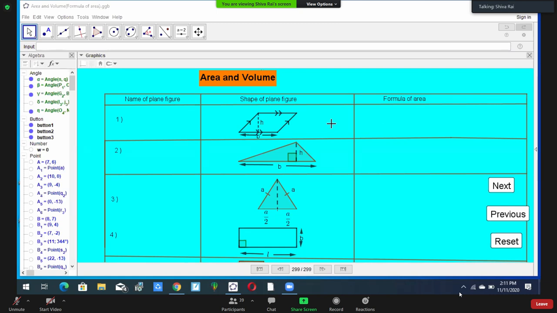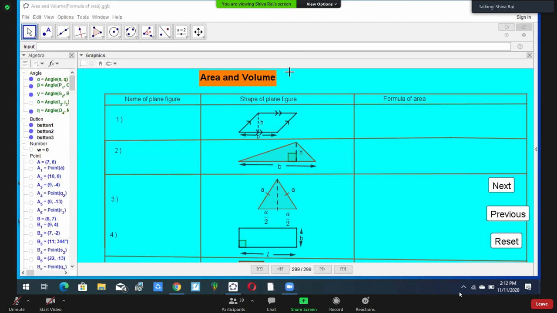Don't forget. Here base is given. If base is given, you can find the height. Don't forget. In the book it is given randomly, but here I have given all the formulas collectively, so it will be easy for you. For that purpose, I have given them collectively in the table. So try to remember in the tabular form.